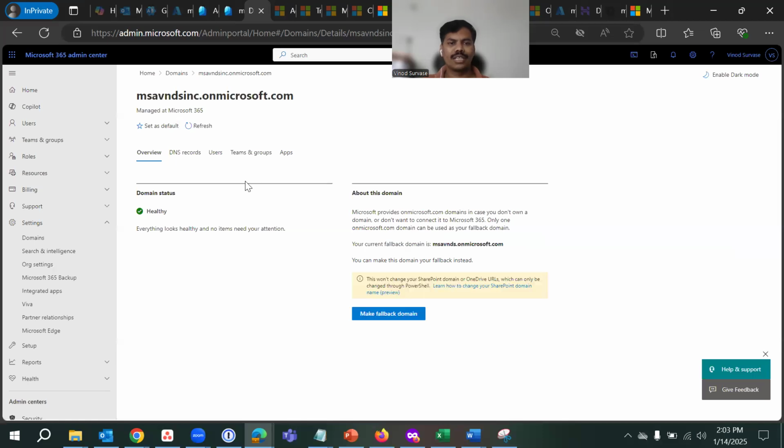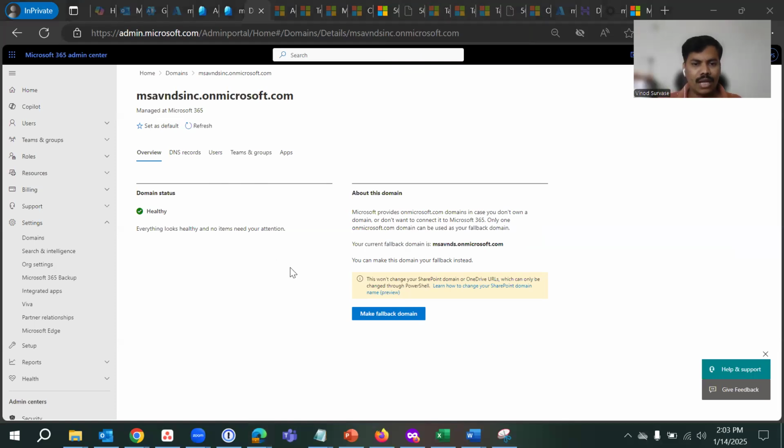Once we click on that, you can see that here is the option for us to make a fallback domain. That means we are going to make this domain a fallback. Also, you see a little warning there which says this won't change your SharePoint domain or OneDrive URLs, which can only be changed through PowerShell, right? So this is not going to make any changes on the SharePoint and OneDrive sites, as well as all the links and URLs